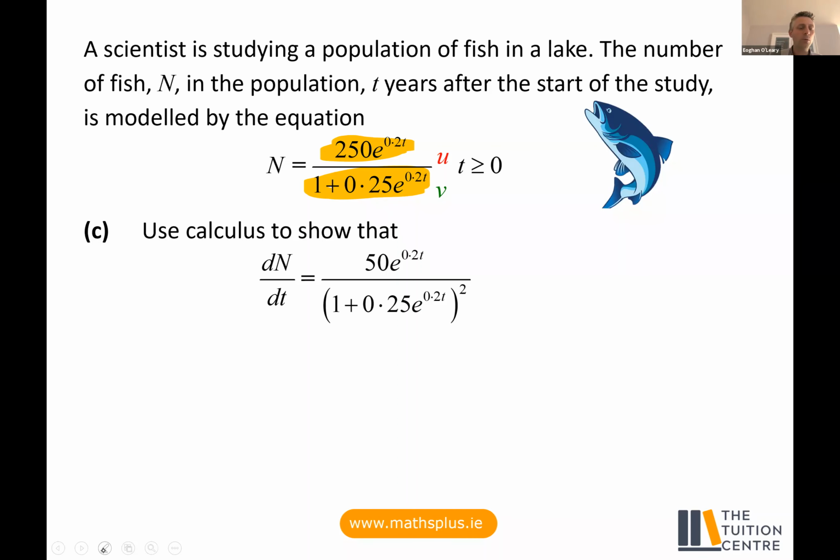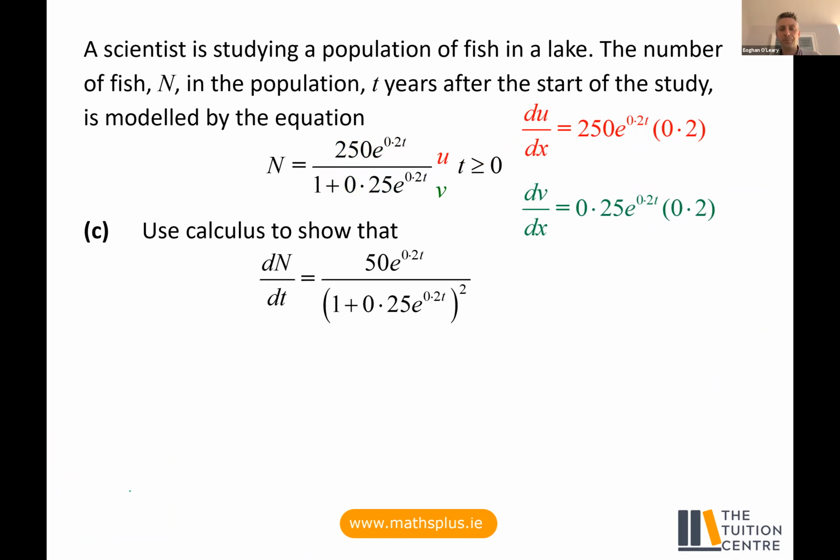We remember, of course, that if y is equal to e to the power of x, then dy/dx will be equal to e to the power of x. It won't change. If y is equal to e to the power of ax, dy/dx will be equal to a times e to the power of ax using a chain rule. So I've got to remember that second one, because when I start differentiating here, I'm going to have my